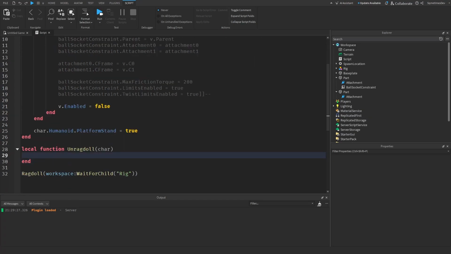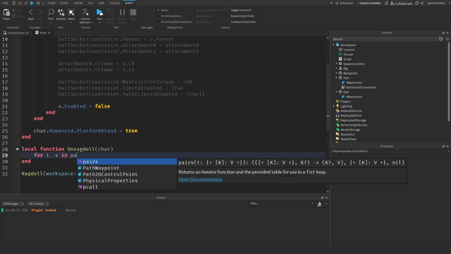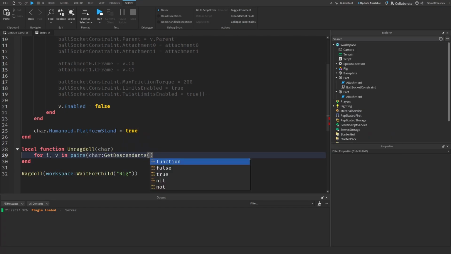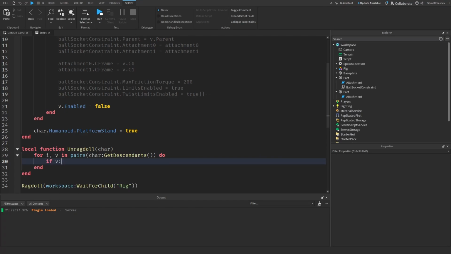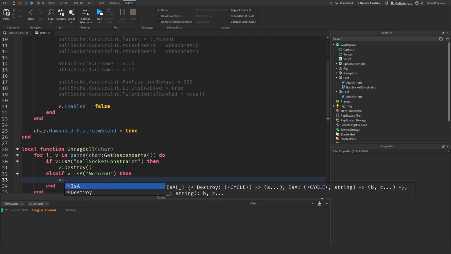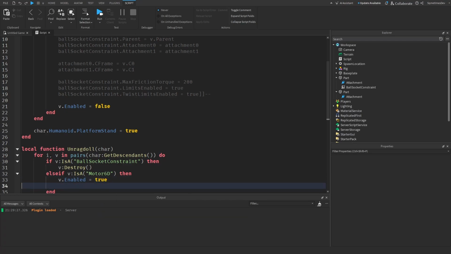So let's just add the unragdoll functionality right now. So we're going to say for i, v in pairs, same thing, character:GetDescendants(). If v is a BallSocketConstraint, then v:Destroy(). So we're not destroying the Motor6D here, we're destroying the ball socket constraints. That's for the actual ragdoll itself. But whenever we detect a Motor6D, which I'm writing here, instead we're going to be re-enabling it. So we're going to say v.enabled equals true, and then we'll say